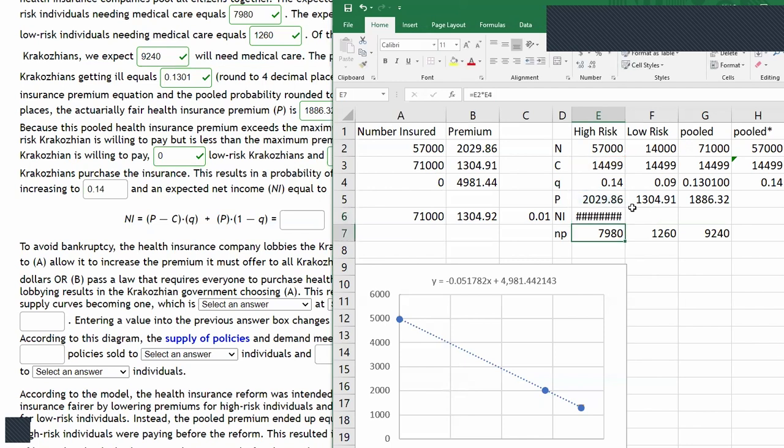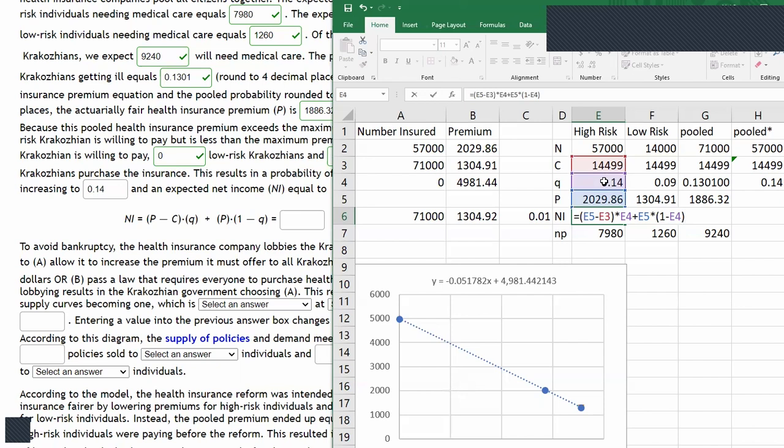And if that were the case, the insurance company would lose lots of money. But insurance companies don't expect this outcome. They don't expect everybody needing the medical care. They don't expect it because only a fraction of the people who are insured are going to need the procedure. So multiplying this by probability of needing the procedure and then adding to that the premium that's collected from everybody who doesn't need the procedure, multiplying that by the probability of people not needing the procedure gives us the net income